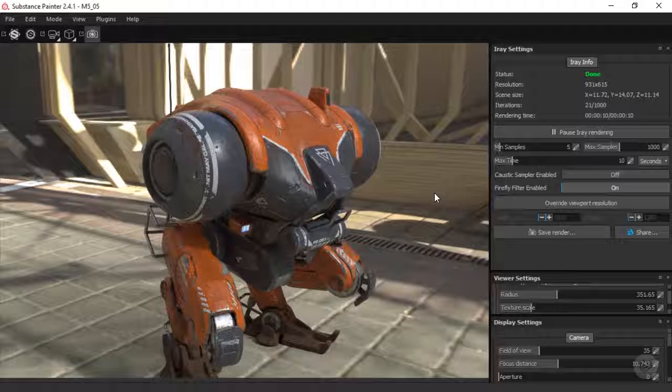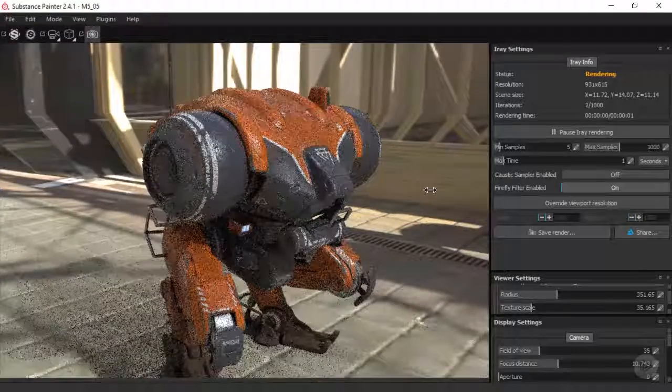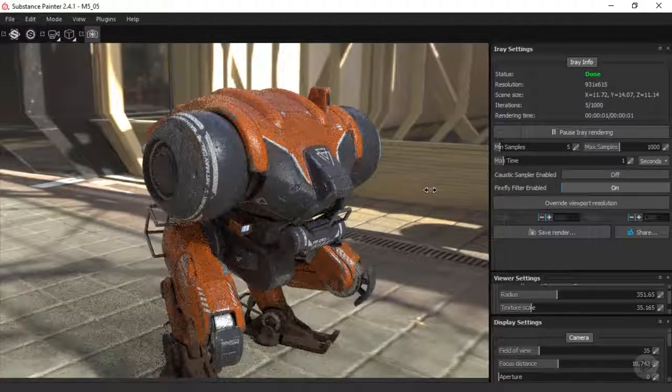So how do we keep getting this image to refine more over time? Well, the most important factor in Iray is the max time slider. What this tells the renderer to do is to keep refining and adding iterations for this amount of time. So at 10 seconds, we have 21 iterations. Now let's lower the max time to 1 and rotate the viewport. You'll see it just refined for 1 second, which gave us 5 iterations, and the result is still quite a